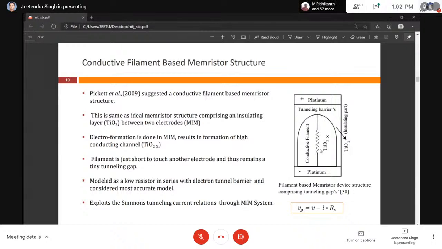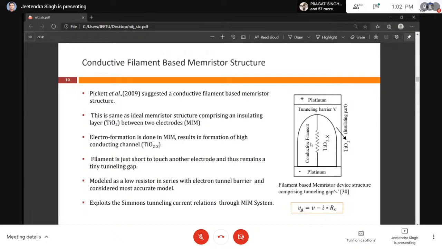So this conductive filament is fixed, there is no change at all, but when we apply a low voltage after the electroformation process, there is a small barrier here, known as the tunneling barrier. So electrons will tunnel from the conductive filament to the other electrode. This voltage gap is determined by the applied voltage across the memristor,